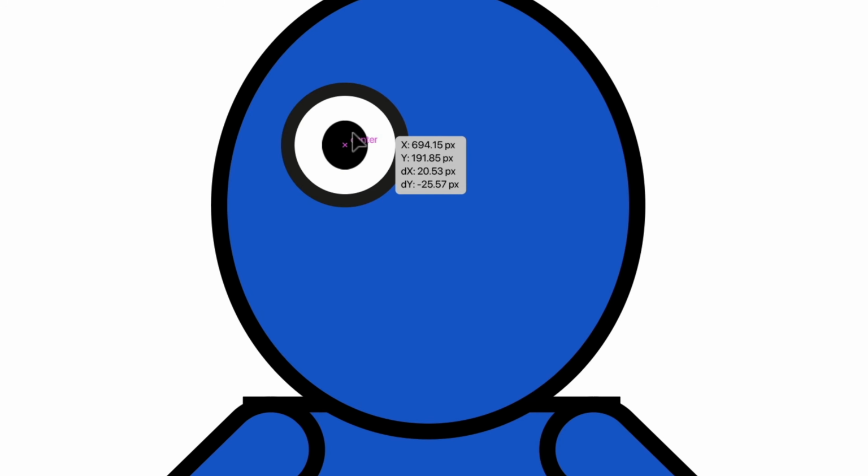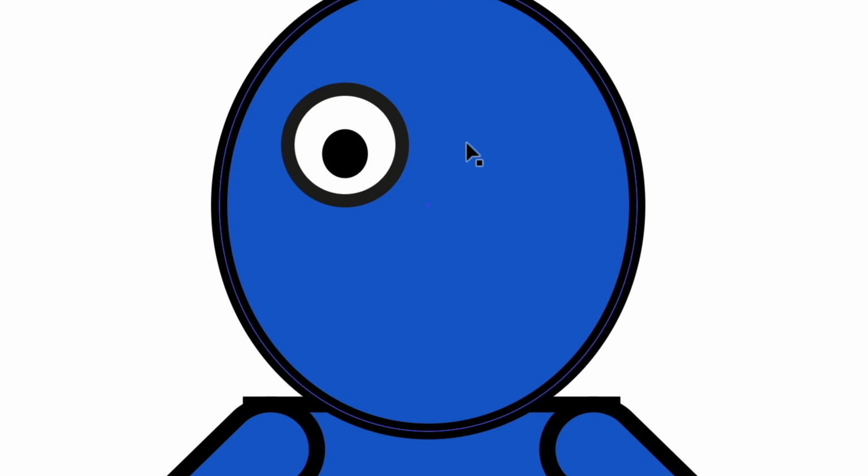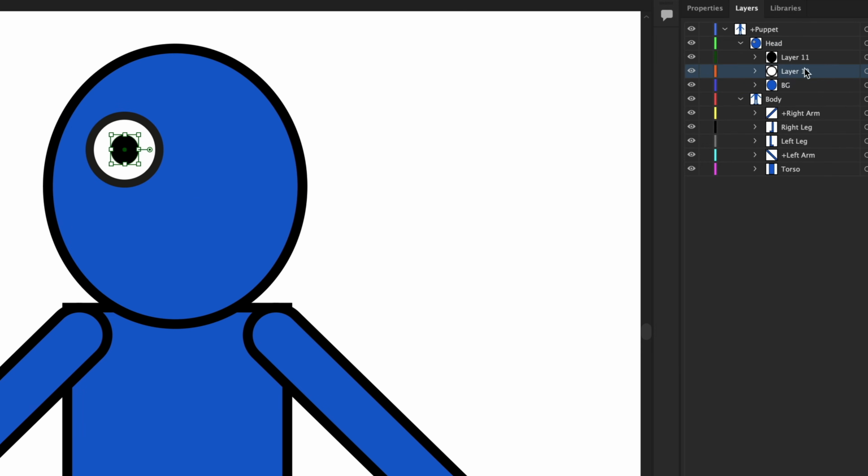that the pupil is going to move around inside the eyeball. And if I make it too big, it's not going to have enough room to move around in. It's going to kind of bump up against the edges. There's some ways around that with clipping masks and some other techniques that we can talk about later. But for now, let's just keep it really simple and keep it right in the middle of this circle here. So inside my head now, I have my background, I have this eyeball layer, and I have this pupil layer